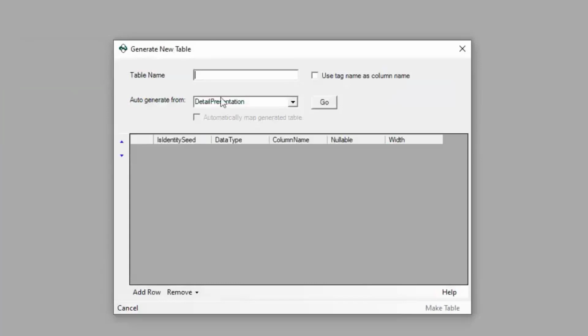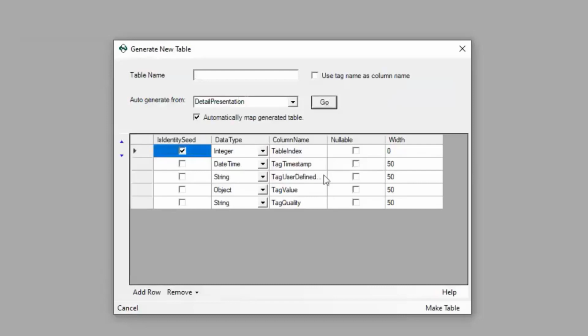Now, as you can see already, the big advantage of building this presentation is that you can take the presentation that you made and construct the table in SQL to mirror that. And when you do so, if I hit go here, you can see now that we have all of those items that we configured earlier, and they're mapped out into a SQL table. It's automatically going to put a table index in there, and I would suggest leaving that as the identity seed. But from here, we just simply give it a name,